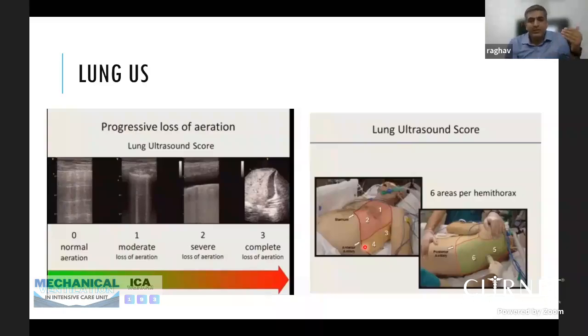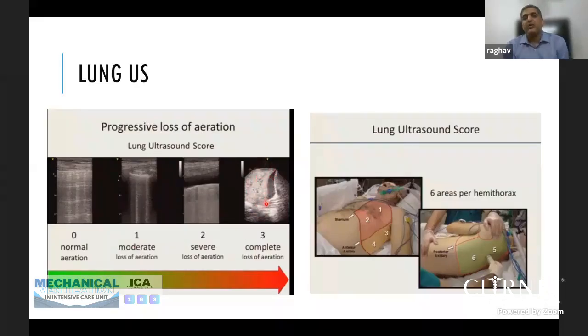The fourth method is lung ultrasound, which is commonly done at the bedside by the intensivist who is looking after an ARDS patient. The lungs of an ARDS patient can be scored, as shown in this figure, from 0 to 3. The 0 is normal aeration pattern. We see A lines throughout. The score 1 and 2 is some loss of aeration. We will see B lines in score 1 and 2. And score 3 means complete loss of aeration. We will see C pattern or consolidation.